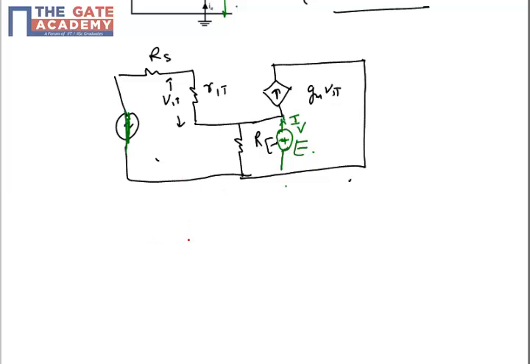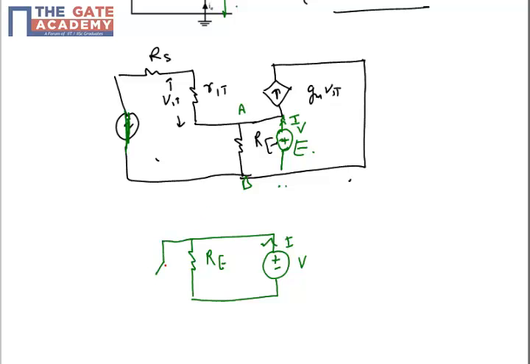Let's redraw the circuit. So I have a Re. Across the Re I have a voltage source which I have just assumed as V, which is emitting the current I. Then I have this Re, just name it as connected from A to B. I have this dependent source which is also connected between A and B, and the current is moving away from the Re, and the value is gm Vpi. Good. Then we have these two resistances, they are also connected.